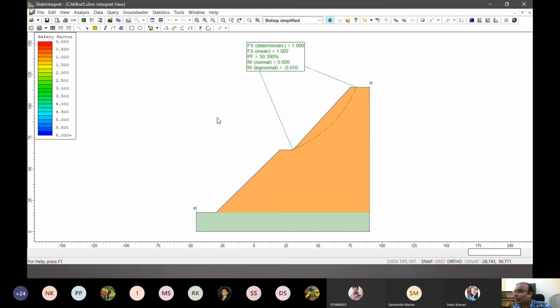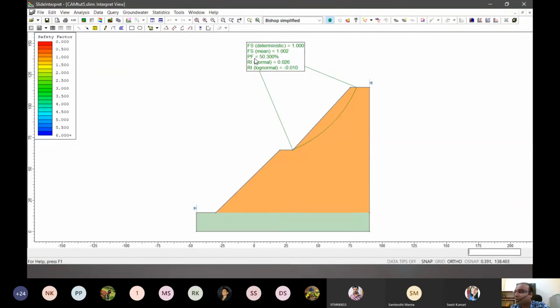Now you can see the deterministic factor of safety is exactly equal to 1. The deterministic factor of safety is the actual factor of safety that we got from the regular analysis that we were doing previously. And the mean factor of safety obtained from so many analyses is very close. It is 1.002, right? So that data is available.